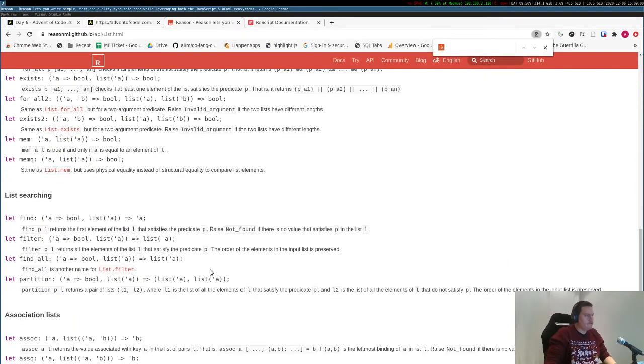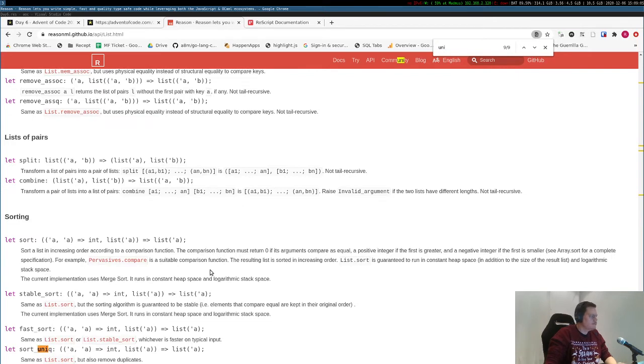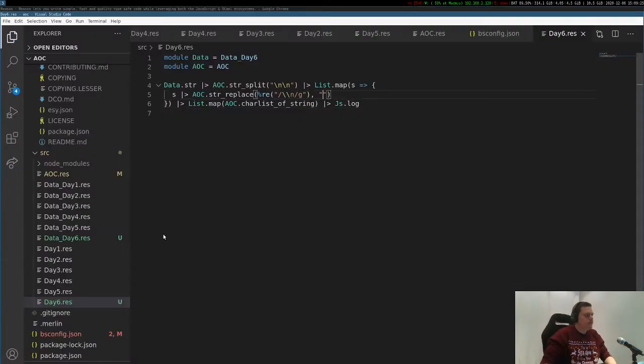So I wonder if they have something like unique. Sort unique. Remove all duplicates. So I think that's kind of what we're looking for here. And what it takes is a list, which we have, a list of chars, and then we have A and B, and that returns something that orders them. So what we want to do then is map these to a set of strings or a list of chars, and now we want to map